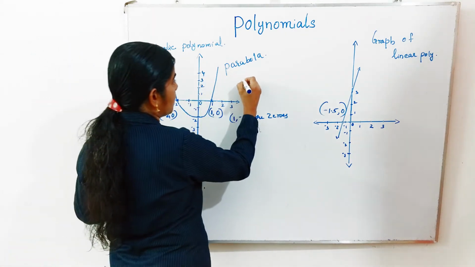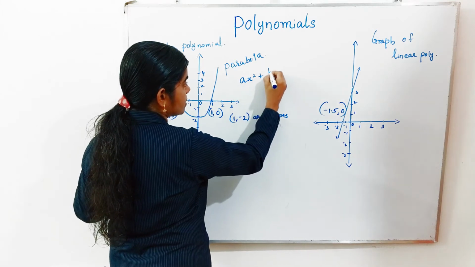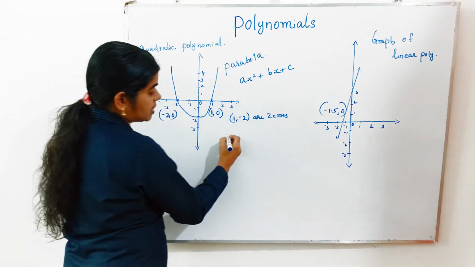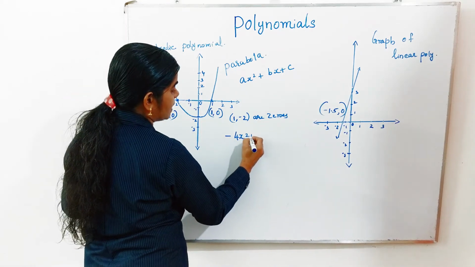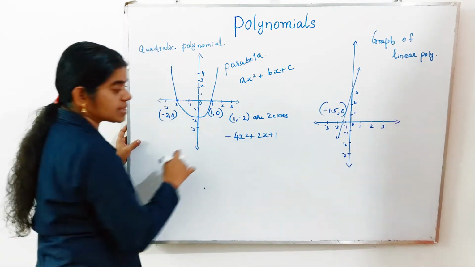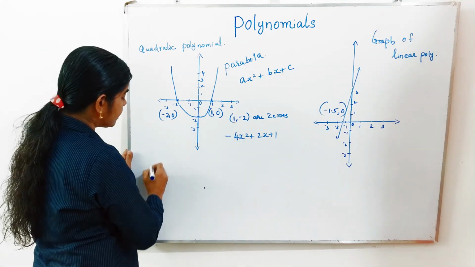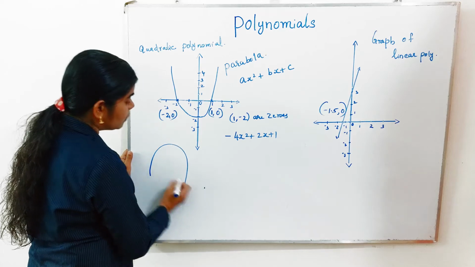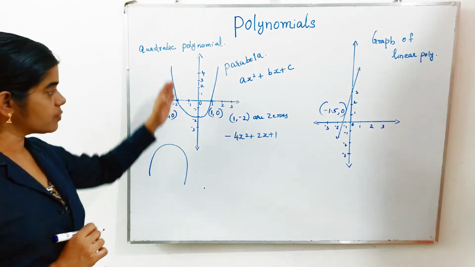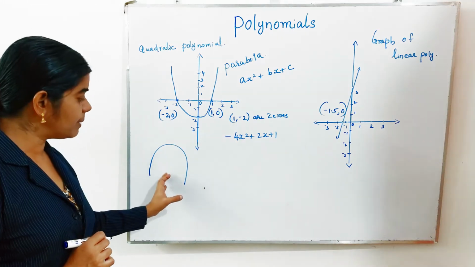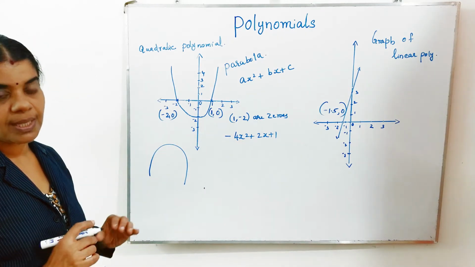Here is the quadratic polynomial general formula you know, ax square plus bx plus c. Suppose that a is negative, suppose minus 4x square plus 2x plus 1. This is the given quadratic polynomial. If a value is negative, the graph will be downward, this shaped. The graph will be, if a value is negative, the graph will be this shaped, in the downward